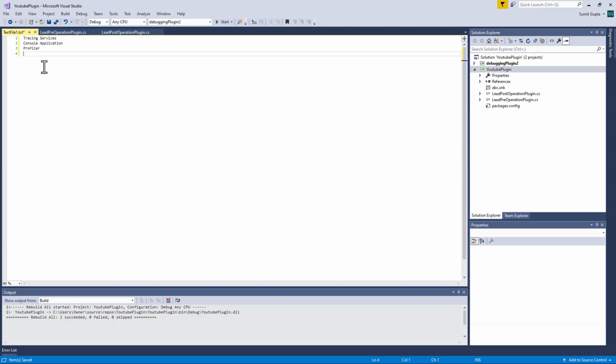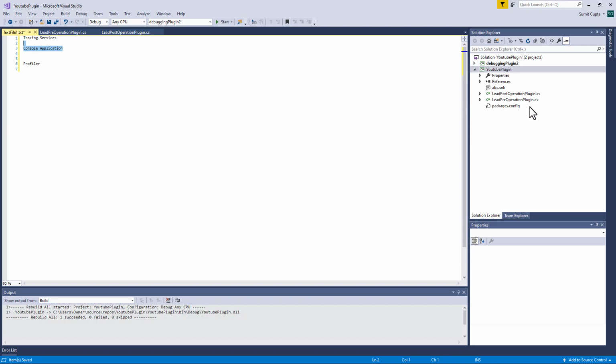Now the second way which I have mentioned is a console application. This is one of the best ways I have been using, and I have been using this for a long period of time. The reason is it helps me in multiple things. It helps me in performing unit testing as well as debugging my code in real sense. And at times it also helps me identify and validate the code functionalities, because